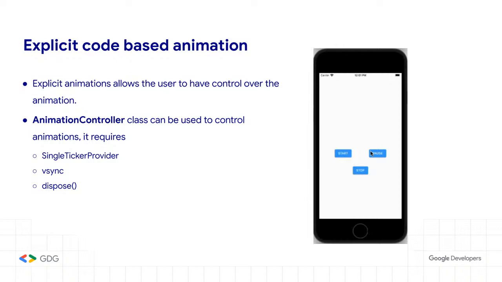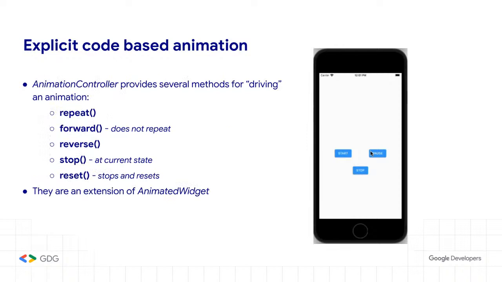So single ticker provider and vsync tell Flutter that the widget is using some kind of animation and that the widget needs to be notified about the animation. It's also always a best practice to dispose the controller in the stateful widget in order to avoid memory leaks. So animation controller has several methods. Like I said, a user can control the animation using